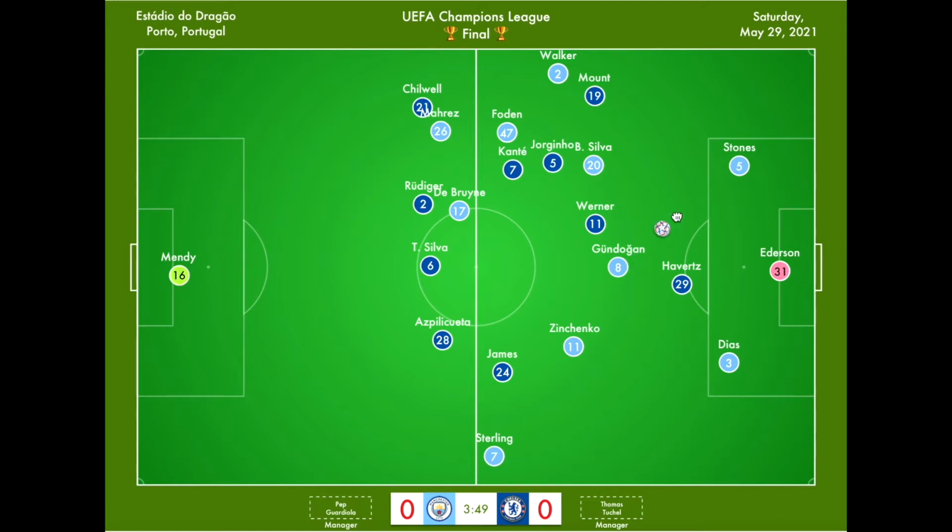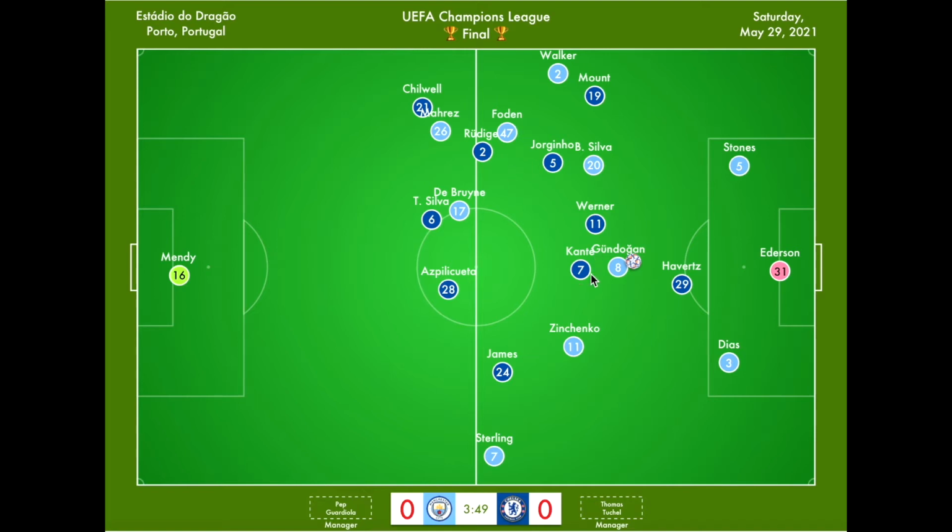So while this pass is being made from Stones to Gundogan, Kante sees that, he leaves Foden to go start pressuring Gundogan, and Rudiger presses up to Foden, and then Thiago Silva moves to where De Bruyne is, and Azpilicueta comes in here too. So this is how Chelsea's been able to